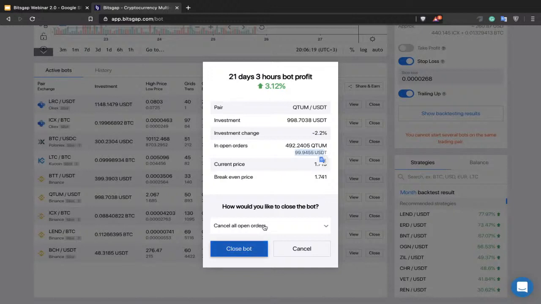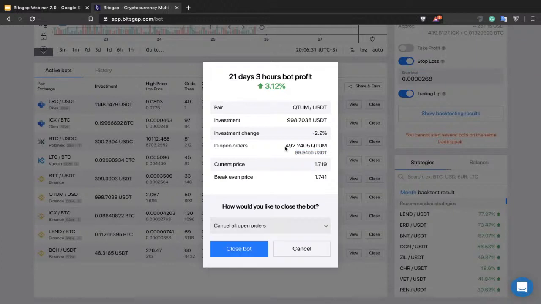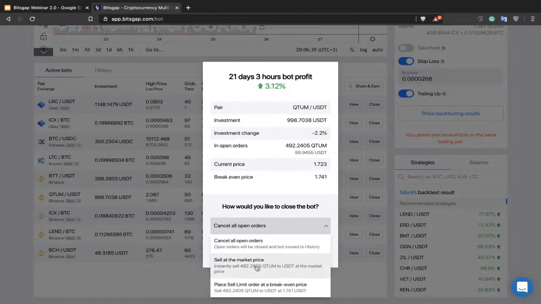By simply canceling all of the open orders, you restrict the bot from further trading, but the base currency and the quote currency that were used here now go to your balance. And if I click on sell at the market price,